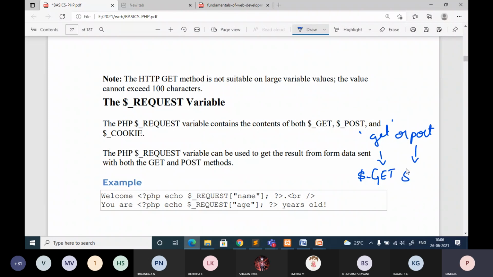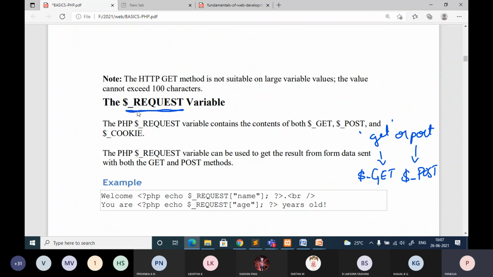Similarly for $_POST. Here we have one more special variable called $_REQUEST. Using this $_REQUEST, you can access any variable value, whether it is defined with the get method or the post method. It does not bother whether you used the get method or the post method; you can equally access it. If you want, let me go to the code.